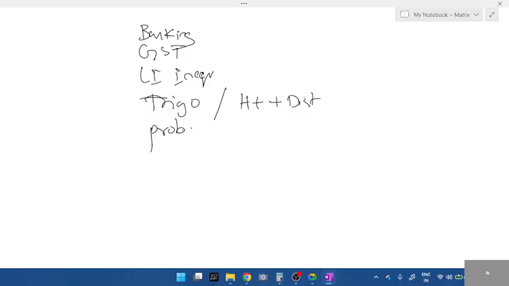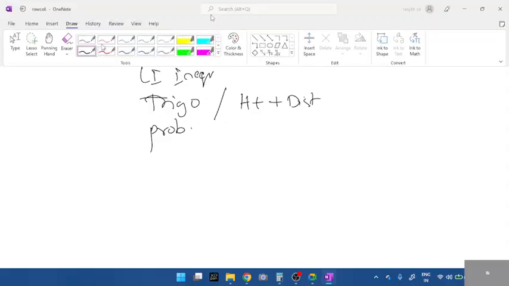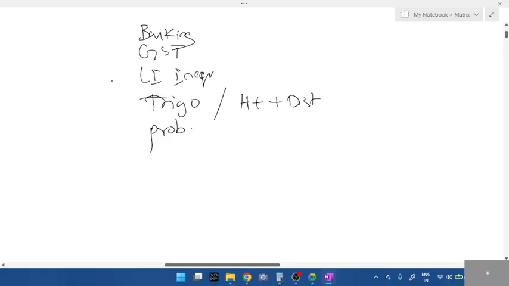And probability, see, I'll tell you all students, these two chapters, practice questions from your textbook. Whatever I have done, that is more than enough. Still, you all can practice few questions. Linear inequation, probability. In linear inequation, practice LCM based question, where there is denominator, LCM. Make a note. LCM based question, you will practice. Banking, GST is enough. Whatever I taught, that is fine. Trigonometry, heights and distance. Even that one you will practice.